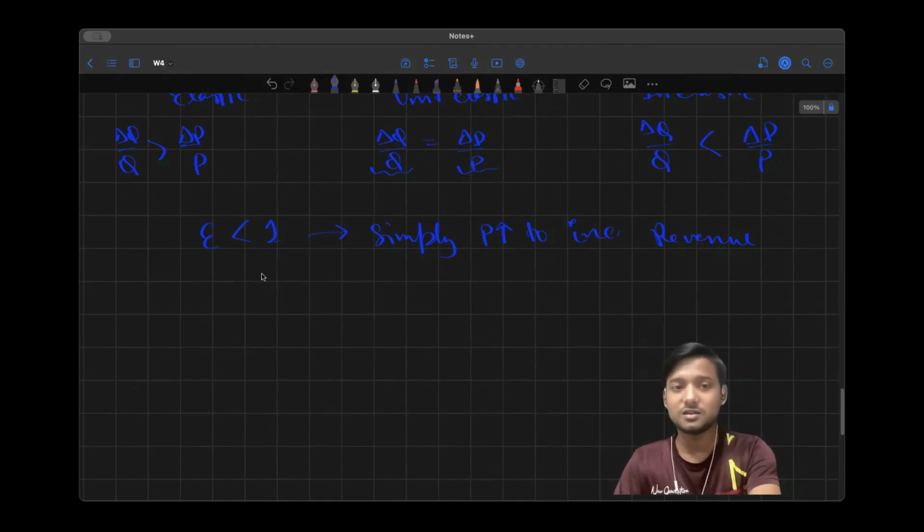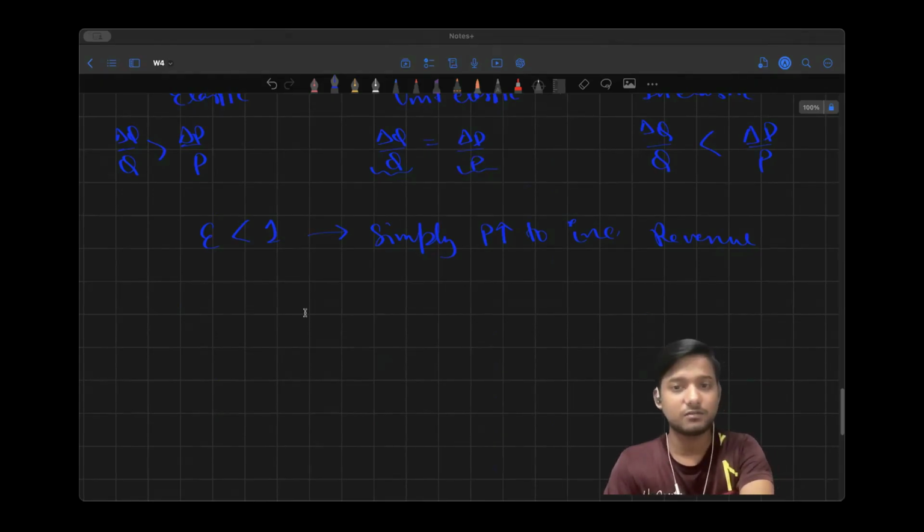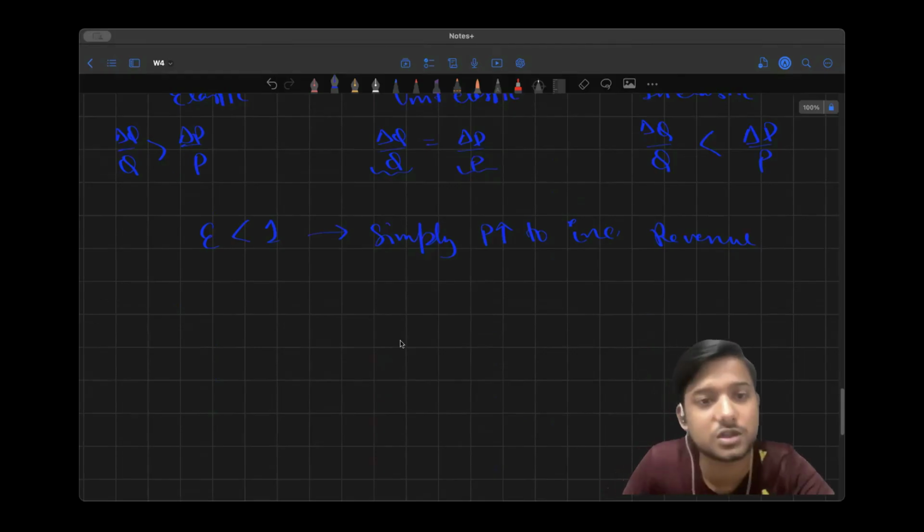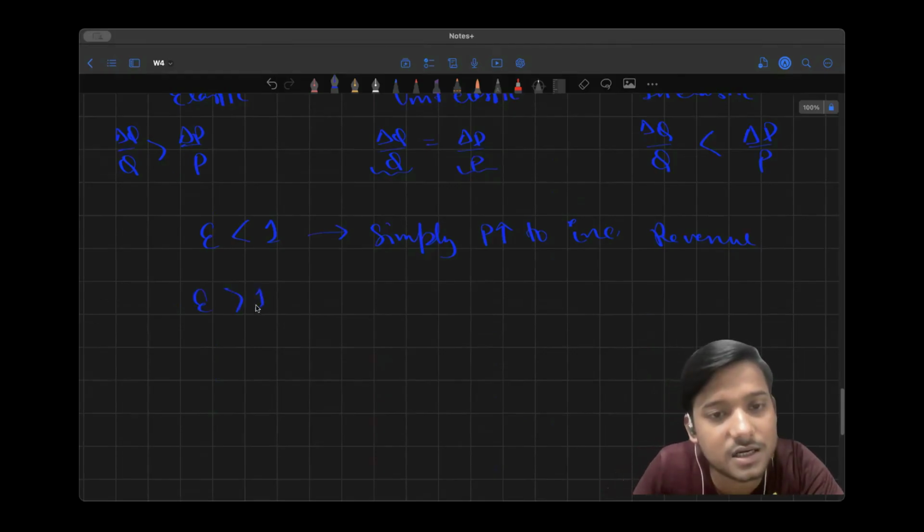So therefore, in this situation, when elasticity is less than 1, I can simply increase my price to increase my revenue. And whenever I have elasticity greater than 1, right? When I have an elastic product, I can increase my revenue only in this situation. When my elasticity is greater than 1,